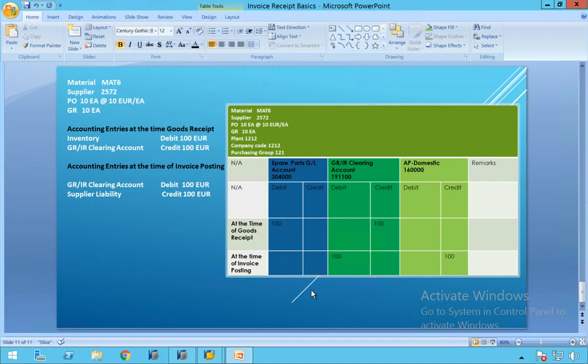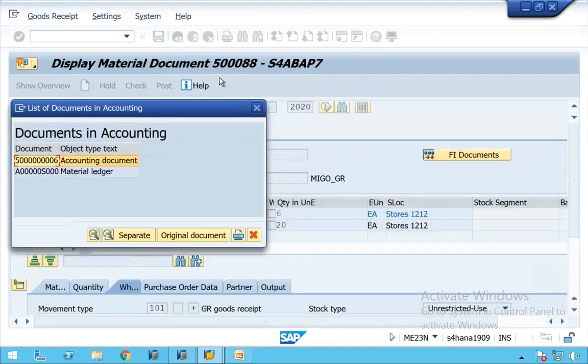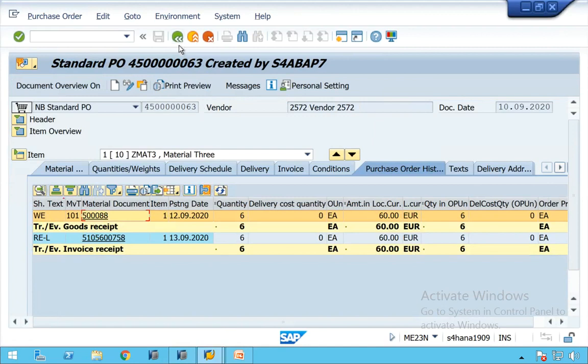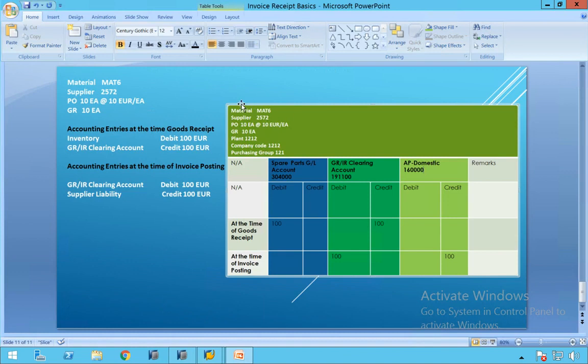All right, so we can stop here with invoice verification basics. Though it is basics, we have done a lot of stuff. We have learnt a lot. We have understood the MIRO screen areas, concepts related to financial accounting, and the screen areas of the invoice. And we have learnt how the GL accounting entries are done, and why the GRAR clearing account is required. Purely, the GRAR clearing account is maintained in software only. In real time, we may not need to maintain a GRAR clearing account.